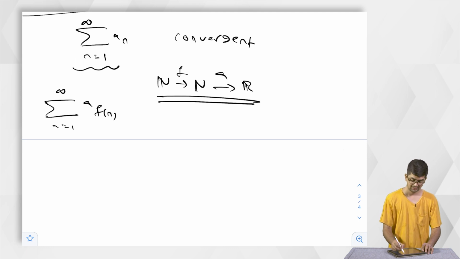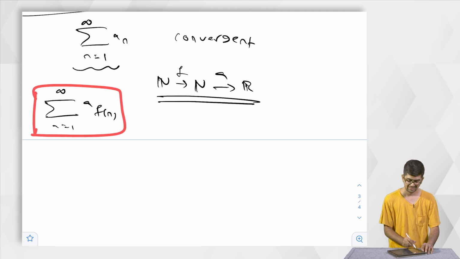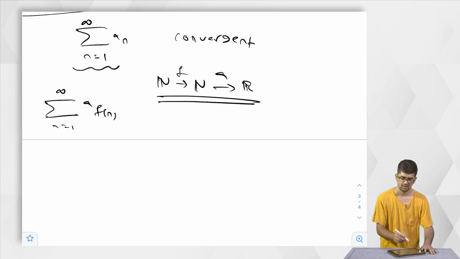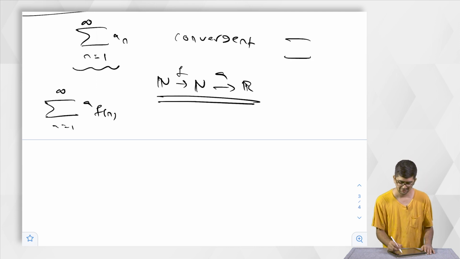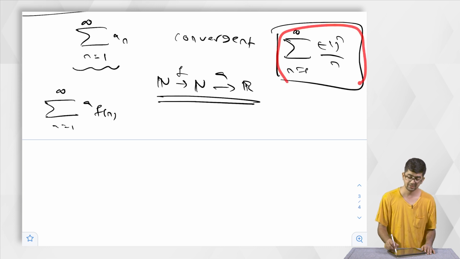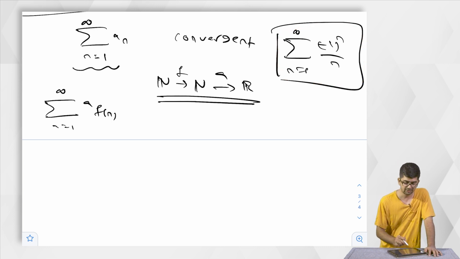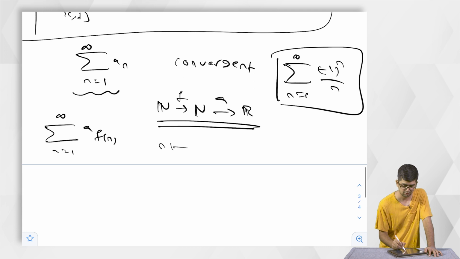Even though this is convergent, this need not be convergent. We have the same previous example that we used many times: summation minus 1 power n by n, n is equal to 1 to infinity. This series, we know it is convergent, but if you take the corresponding subsequence, the map n goes to 2n,